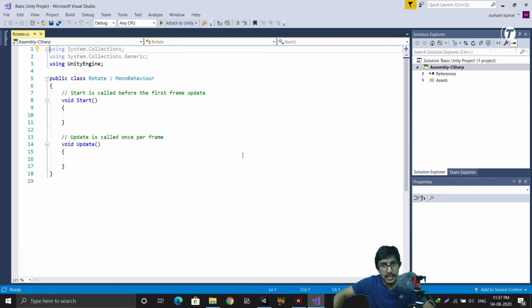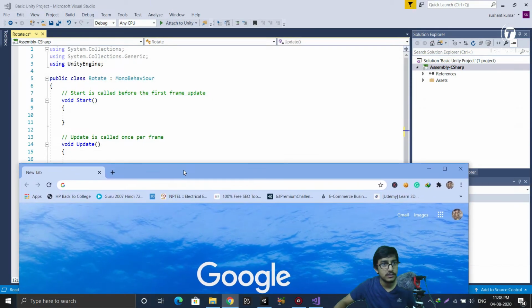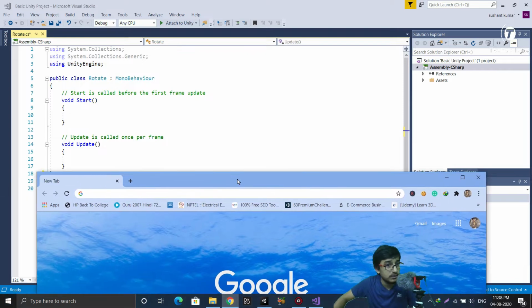So here you can see I have created a script and I have not written a single word in this script. Still we have got lots of functions and so on, and I won't actually tell you about scripting. I am just creating a simple script and I will use it. If you want to learn scripting, you have to learn it on your own, or we can conduct some other webinars for it. So here you can see Unity system, Unity engine, public class, MonoBehaviour, so many terms are there and we don't know any of it.